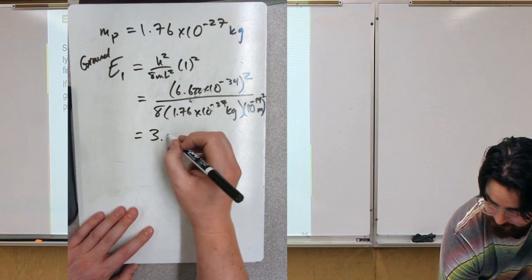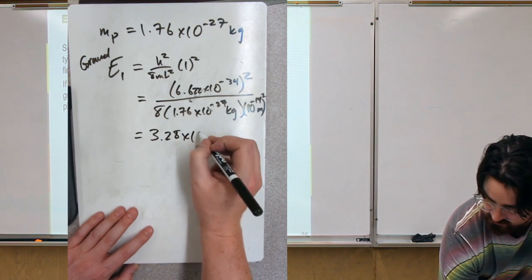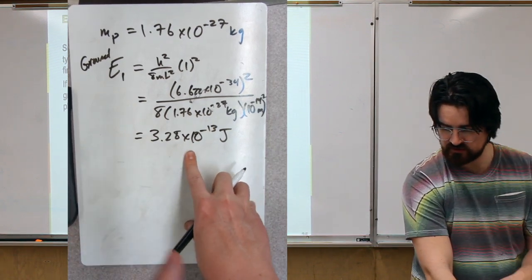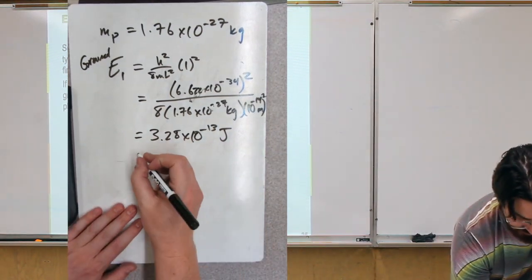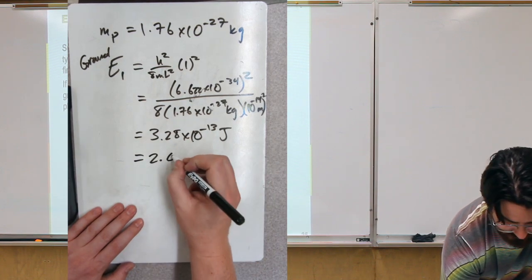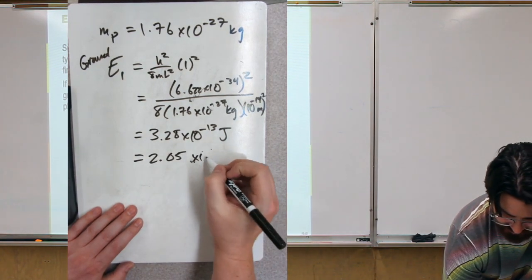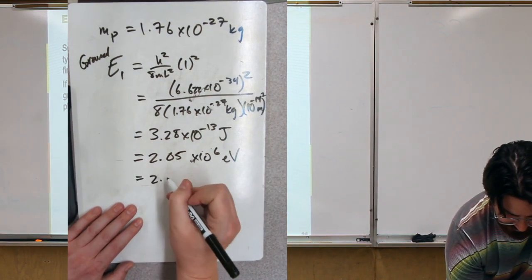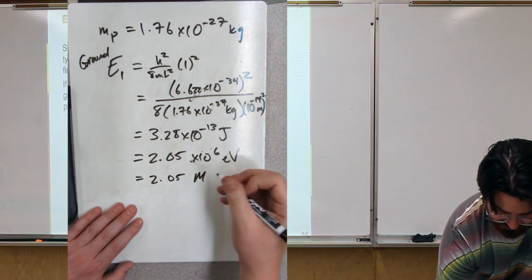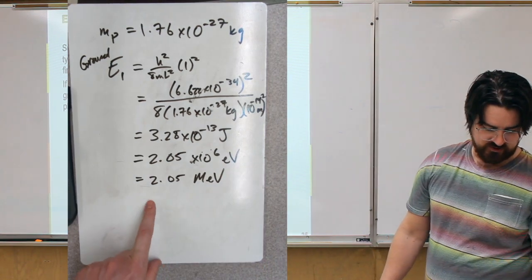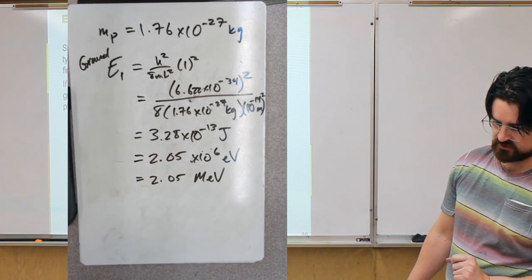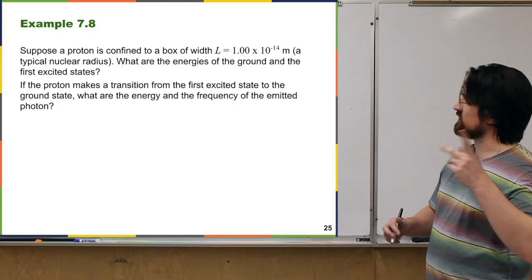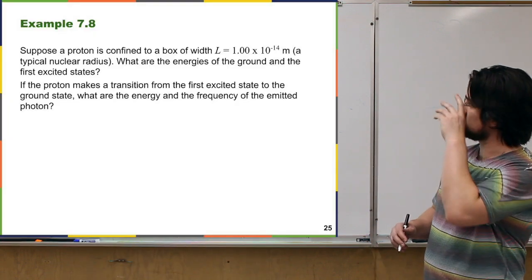But when you plug all those numbers into a calculator, you're going to get 3.28 times 10 to the minus 13th. And we can convert that to, say, electron volts: 2.05 times 10 to the 6th electron volts. Or we could use mega electron volts, 10 to the 6th electron volts, so 2.05 mega electron volts. So this is the energy of the proton, this proton that's confined into a box, which is essentially the nucleus